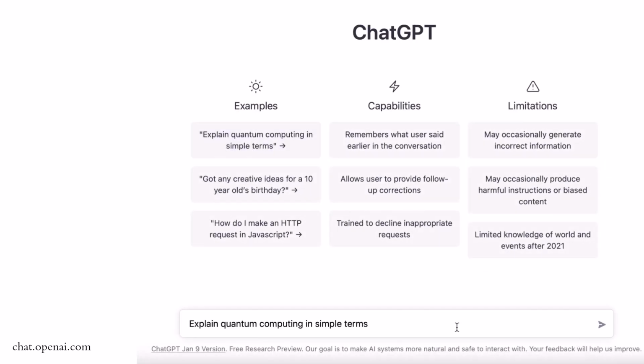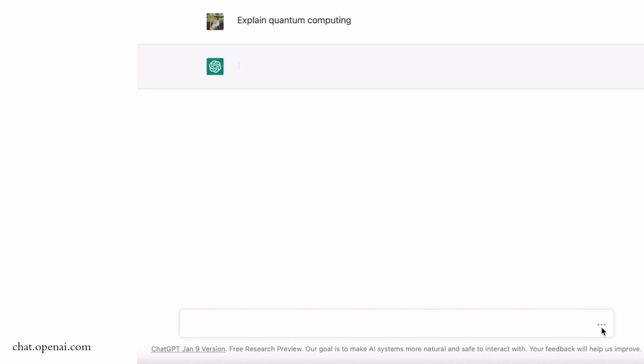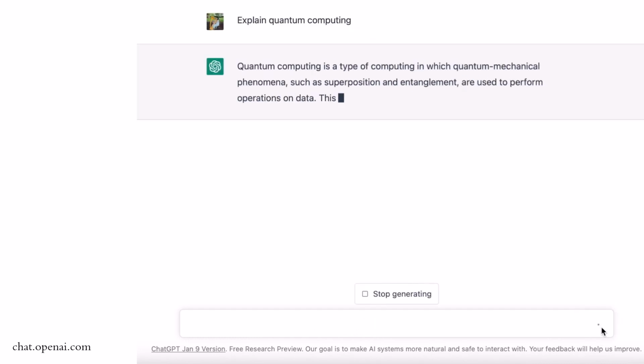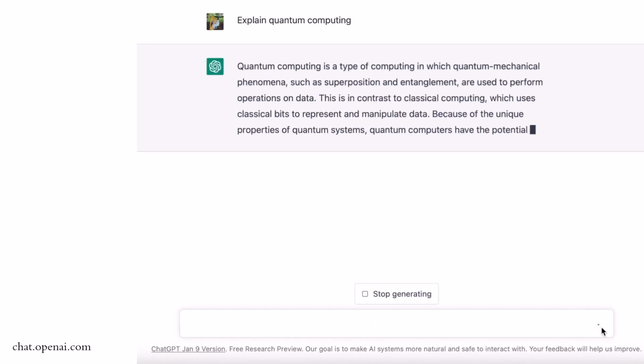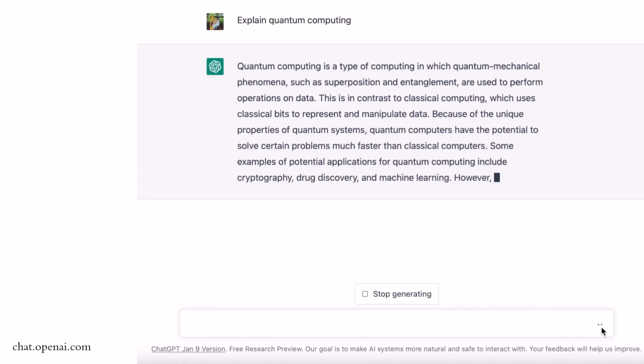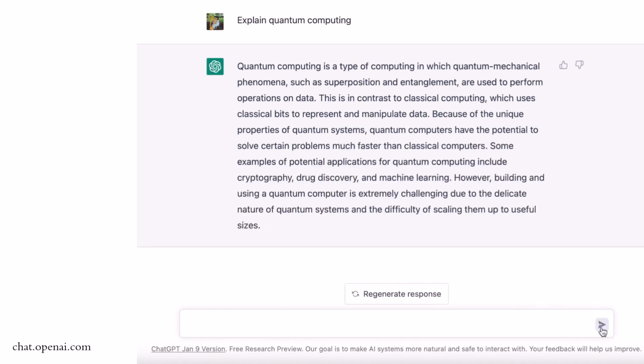Let's try it out with our first example. I'll get rid of the "in simple terms" and just ask it to explain quantum computing. So how does it do this? Well, it's similar to AI image generation. It trawls the internet for information about the topic you're asking for and creates quality sentences drawing on that bank. That's pretty much what we want students to do. But this is in fact plagiarizing, and it doesn't give citations.